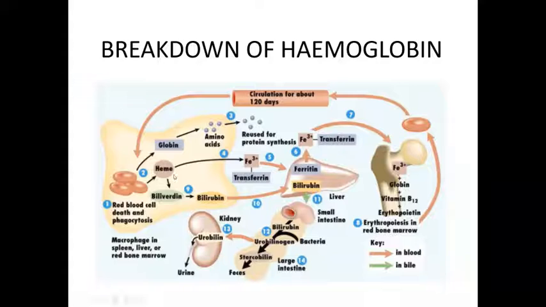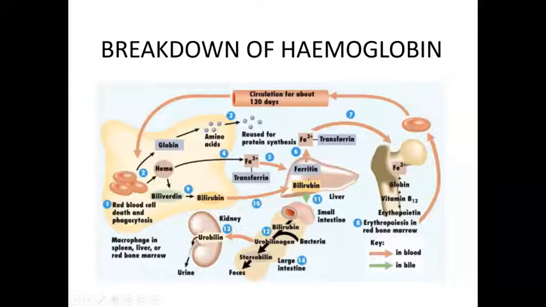Okay, now this heme will be converted into another compound called biliverdin, which is green in color, and this biliverdin is again reduced, forming bilirubin. The bilirubin is not hydrophilic, so the bilirubin combines with the albumin and is released into the blood, and it enters into the liver, and this bilirubin will be excreted again through the bile fluid, which is the secretion of the bile.